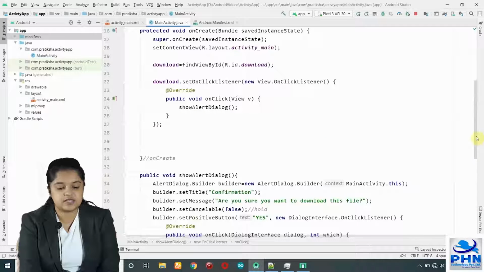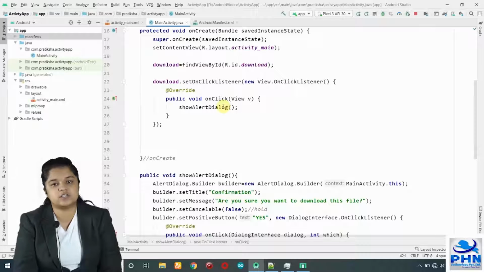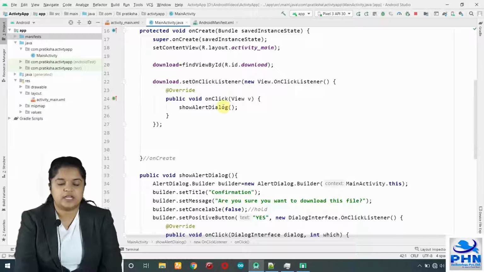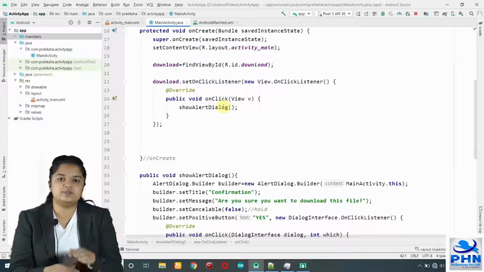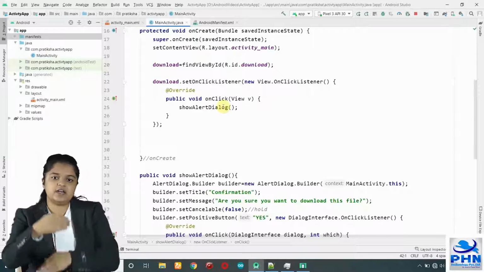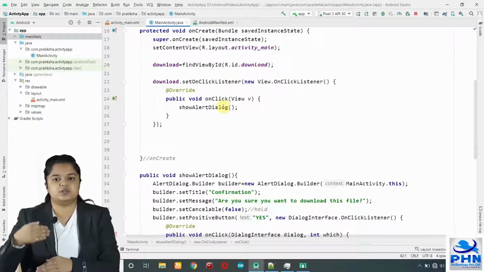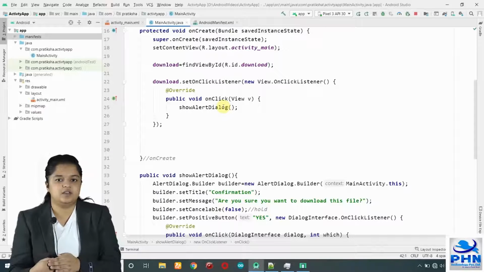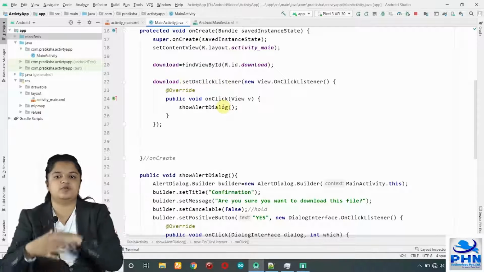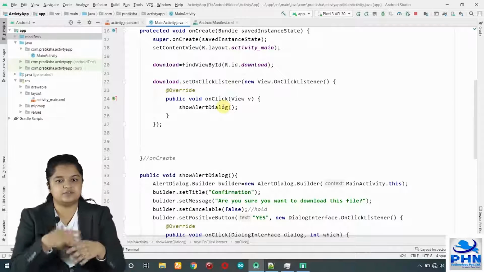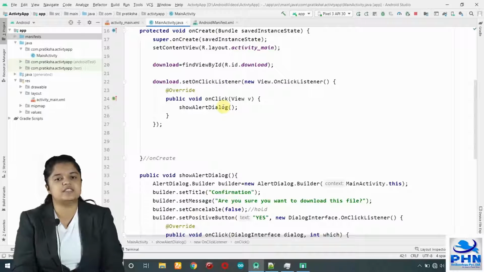Now why are we using a separate function? Can I write this whole code here in this onClick? No, it will give you errors. I'll tell you why. Because we are already inside the click event of a button, Download, and inside a click event we are again going to write the click events of the positive button and negative button directly, which will give an error, because inside a function you cannot define more functions. It is cascading of functions and that is why it gives an error.